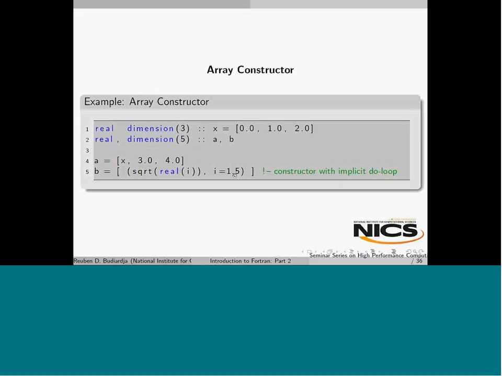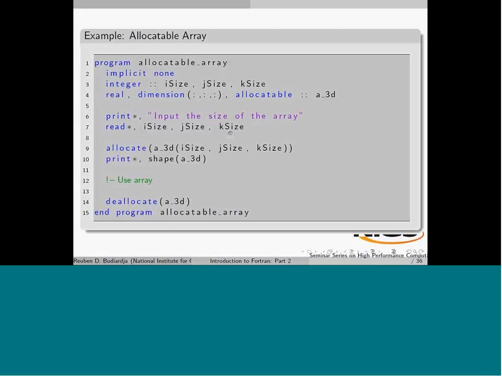You have to dynamically allocate the array. In the declaration, rather than specifying the size, I just use colons, and the number of commas and colons just specifies the rank of the array, so this is a 3-dimensional array. Now this allocatable attribute tells the compiler that this is a deferred-shape array. We will allocate it at one time. So in this case, I can ask for the size of the array. The user will input 3 numbers, and I use the 3 numbers to allocate